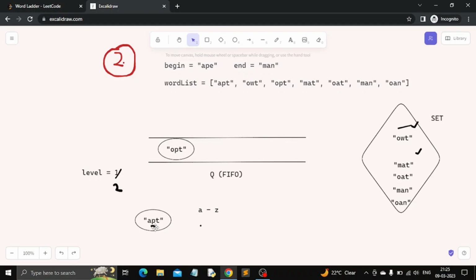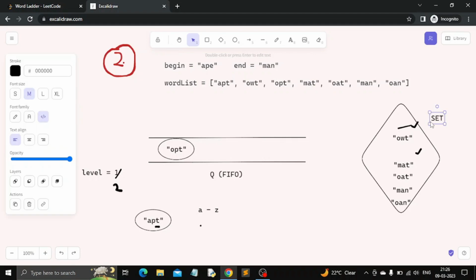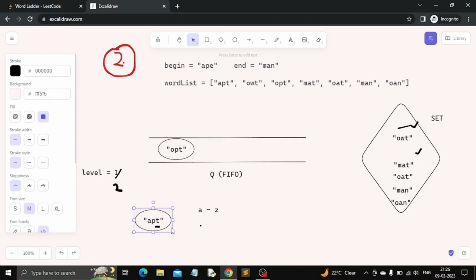As you can see, there is no other word, so we will move to the next, and again we will check how many words are present in our set that begin with ap. So as you can see, there is no other word that begins with ap. It means that again there is no other valid word to add in our queue. We are done with this word apt,